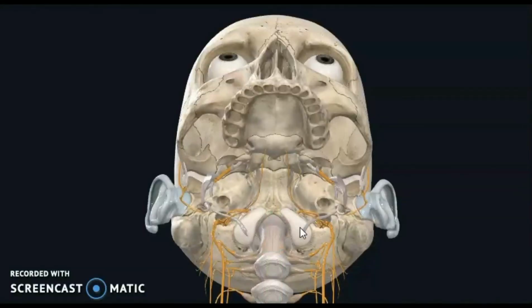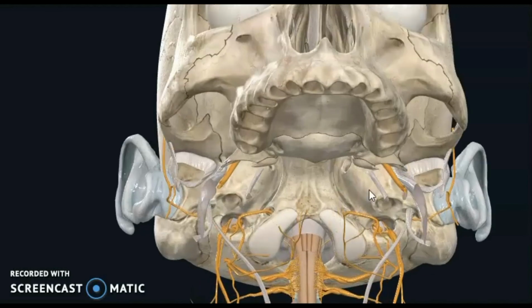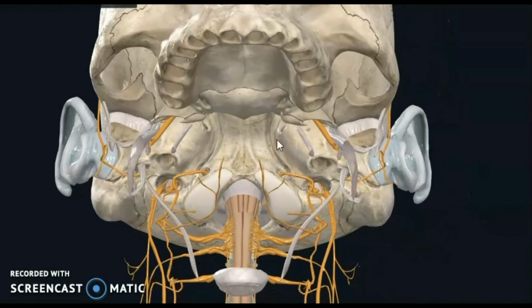Coming to the attachments, you are seeing the foramen magnum is transmitting the spinal cord covered by the meningeal layers. You will see the membrana tectoria there. If you take that out, the cruciate ligaments and apical ligament of dens are in the anterior part of the foramen magnum. But here you can see the spinal cord, an important structure passing through the foramen magnum. It is a continuation of the brainstem or medulla. You can see the medulla there.